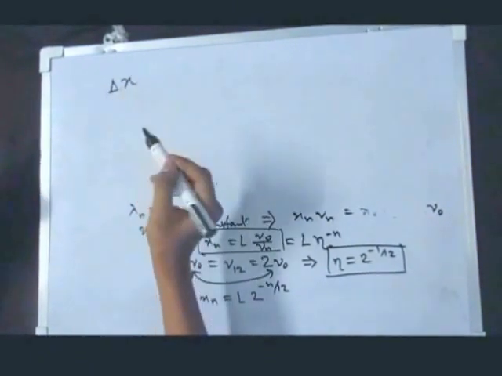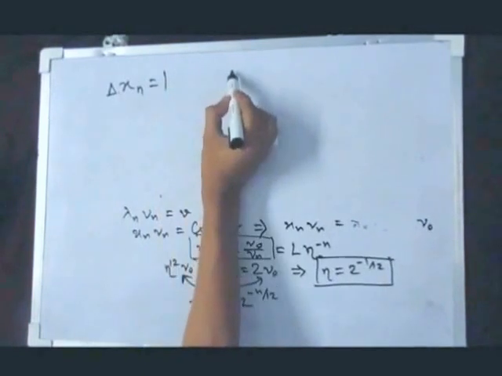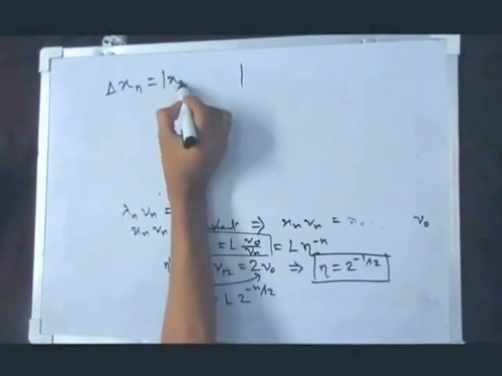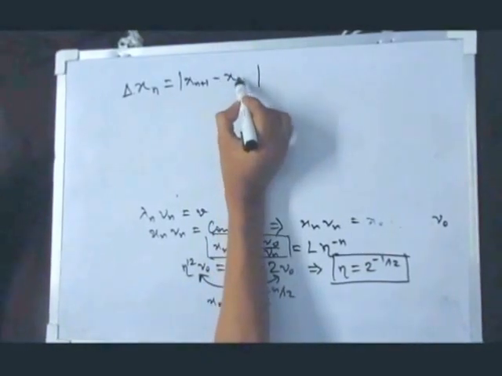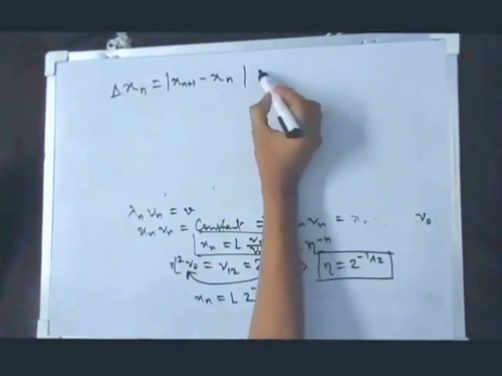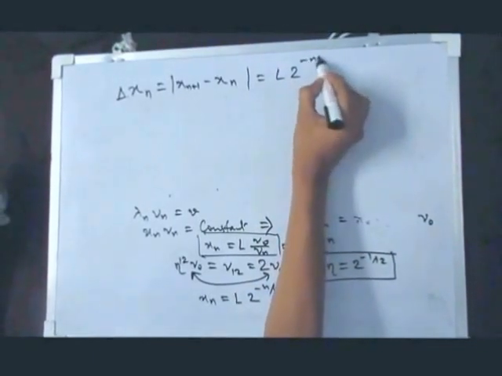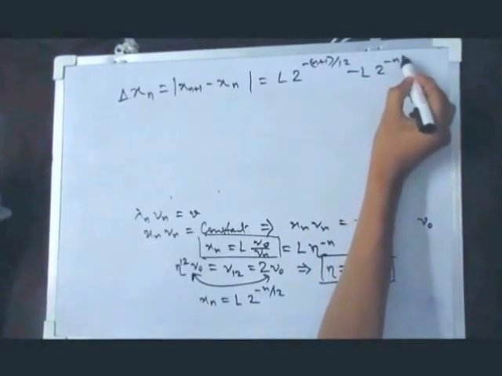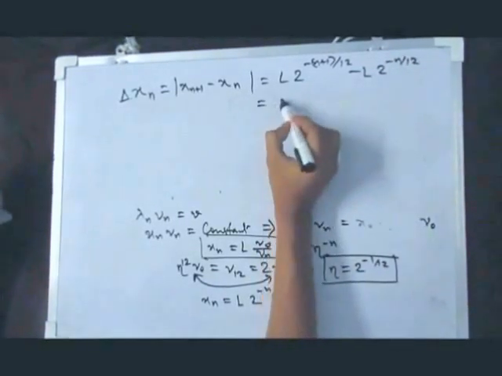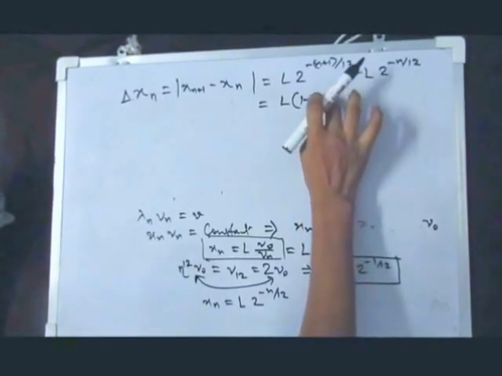I will define the nth fret difference as the modulus of the n plus 1th fret distance minus the nth fret distance, and that comes out to be, with a little math, L times 2 to the minus n plus 1 by 12 minus L times 2 to the minus n by 12, and that gives me L times 1 minus eta to the minus 1